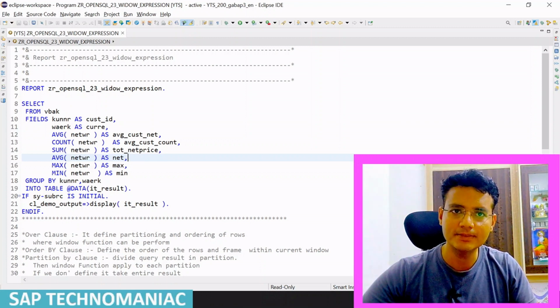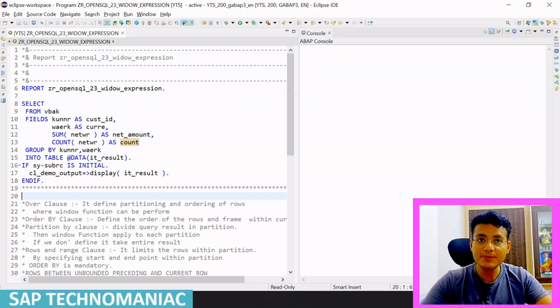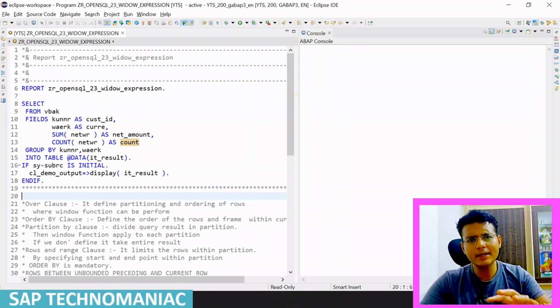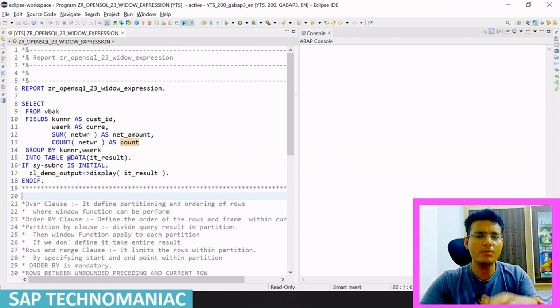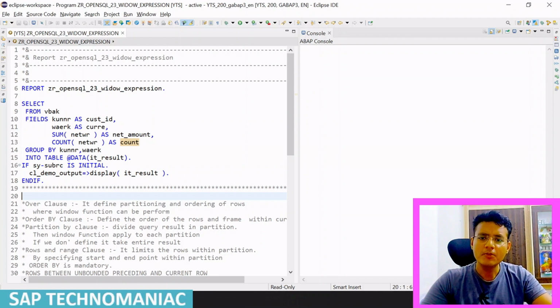Let's get started. For explaining window expression, I have written a simple select query. You might already know this select query from my previous videos. I already used group by and the aggregation statements in a lot of other videos. So what we are doing in this one, we are getting the data from the sales order table, and in